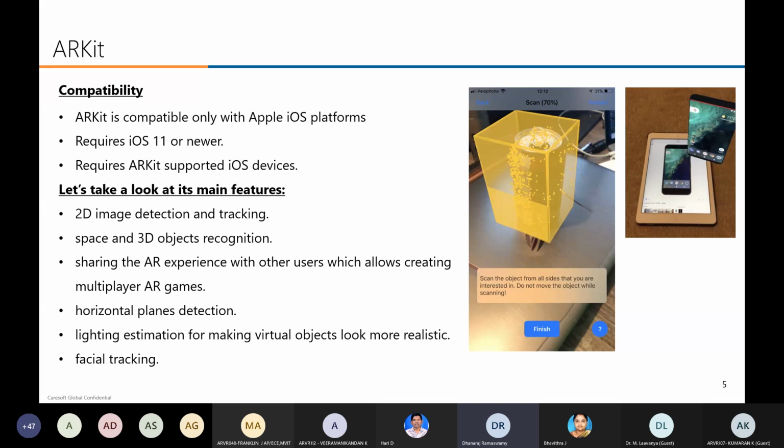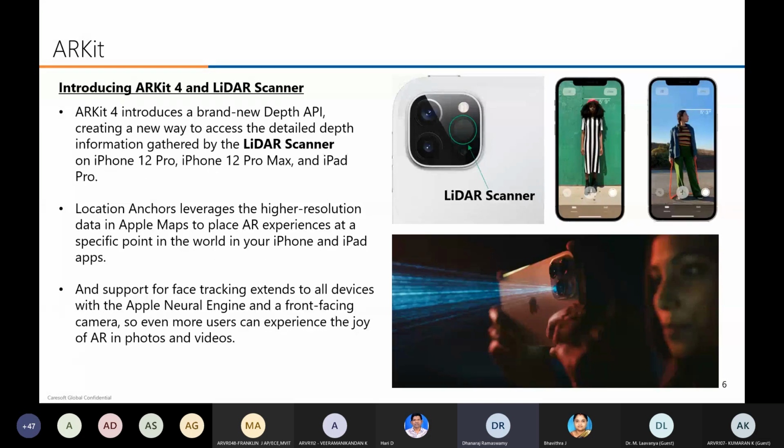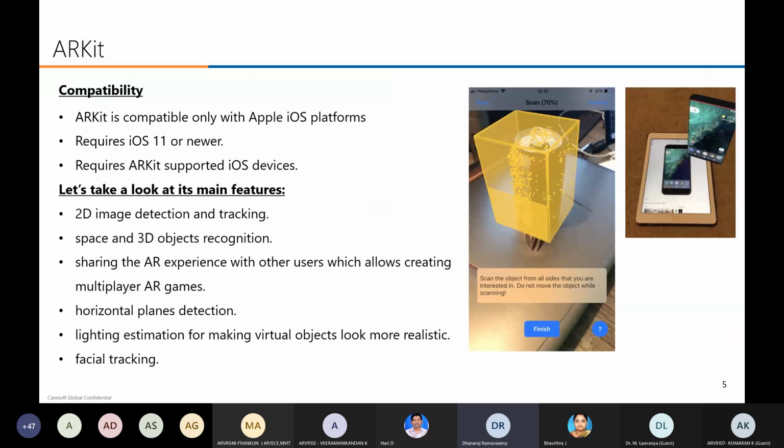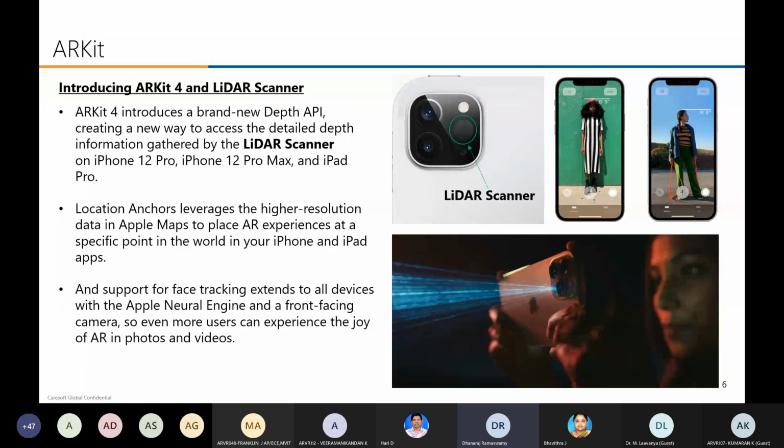The second one is measurement. In the classical way, if you want to measure anything, you need a tape, correct? But using this ARKit, you can use a mobile to measure the distance, or if you want to measure anything, you can use this application.